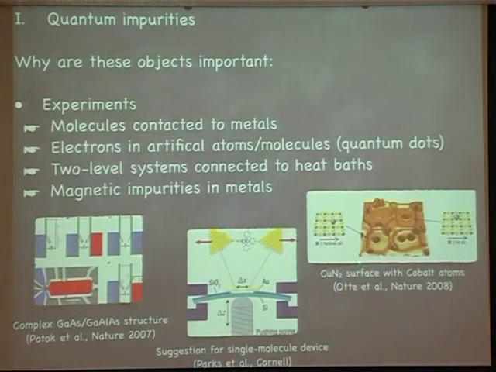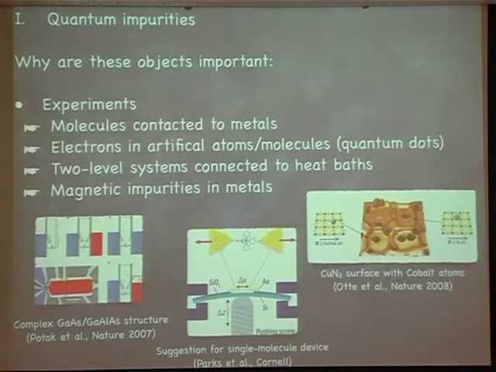But what people can do nowadays is put impurities on metal surfaces, at very decisive places. And what you see here, for example, is a copper nitride surface. The copper nitride is used instead of copper because then the coupling between the atoms and the surface is a little bit weaker. And you put cobalt atoms on top, and then you have a magnetic impurity, the cobalt atom with a partially filled d shell, which is weakly coupled to the copper nitride below, which is an insulator, but the copper below the copper nitride is a metal. And then you have again a theory where some spin degrees of freedom are coupled to the bath.